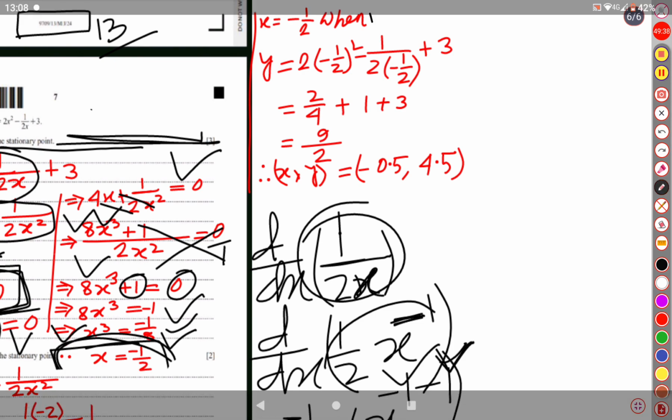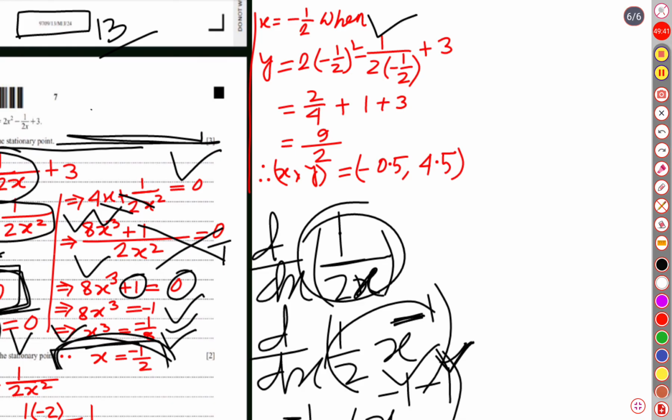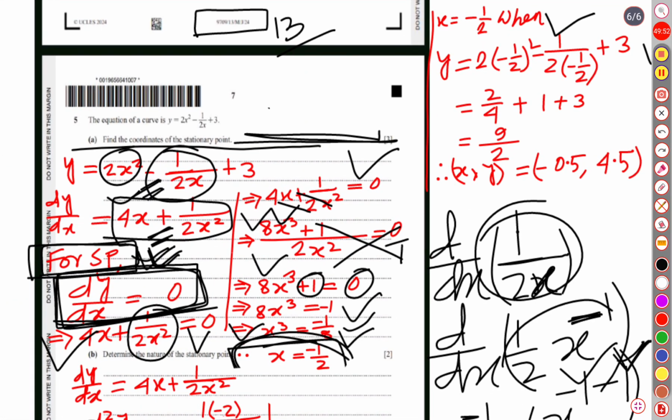Let's see what is the corresponding value of y when x is equal to negative half. This was our original function: 2x square minus 1 over 2x, minus 2 into 1 over 2 into x, plus 3, a constant number. So if we zoom it out,